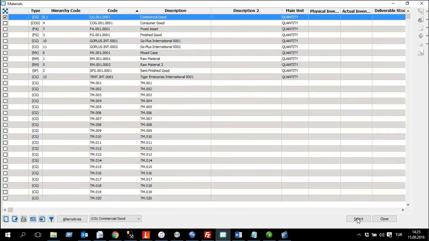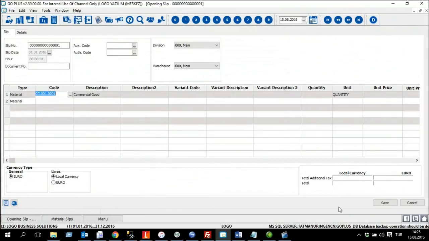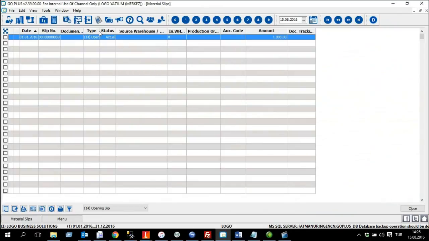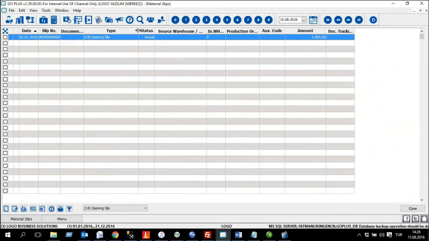Just select it, and now I will continue with the quantity, unit price, and save the slip. Opening slip is an input slip, which means that